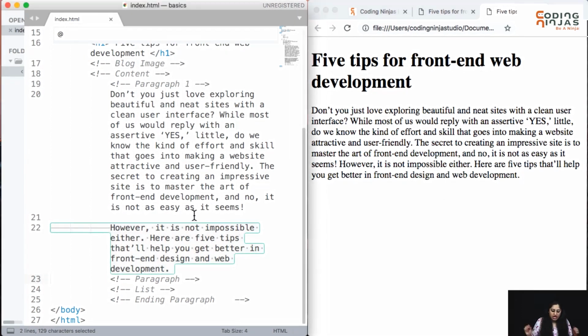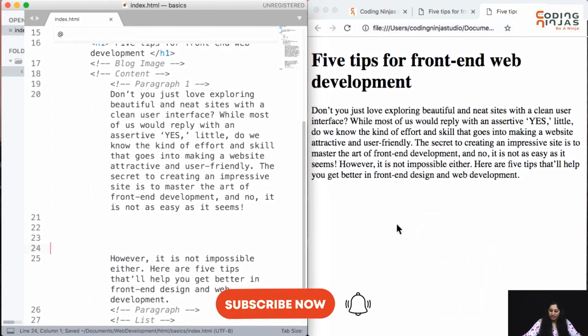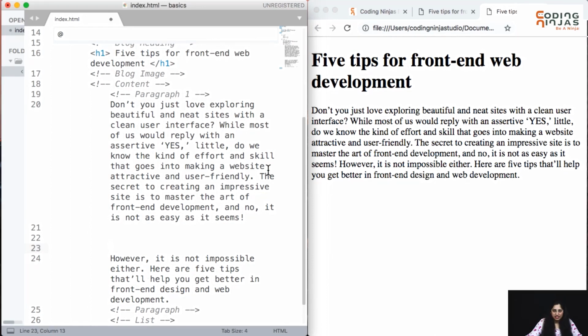So there is a catch here. Now let's say instead of 1 enter in the source code that I have, I press 2 enters and save it and load again. So the enters in the text, actually in the source code text I should say, don't really reflect in the web page that you see. But then if we want that the enter should appear, however should start from the next line, then how can we do that?